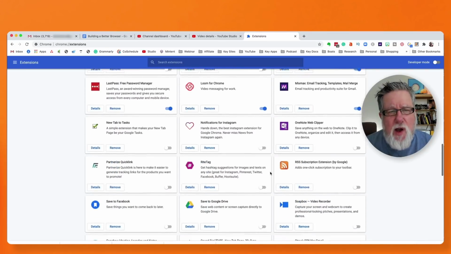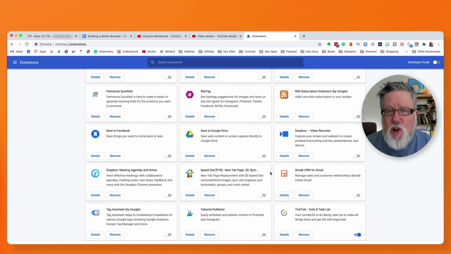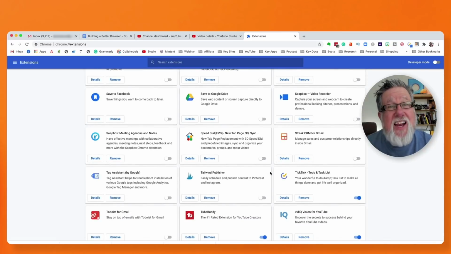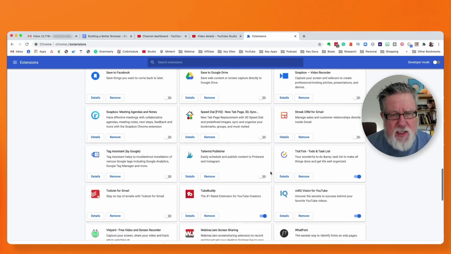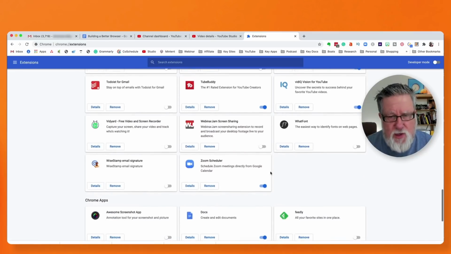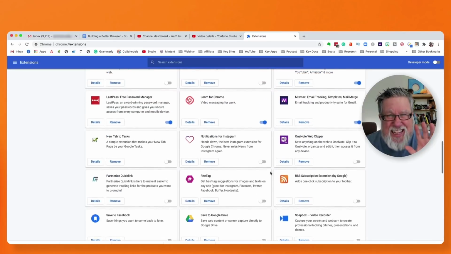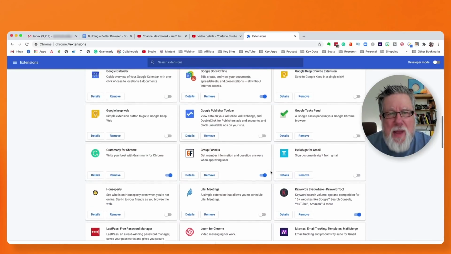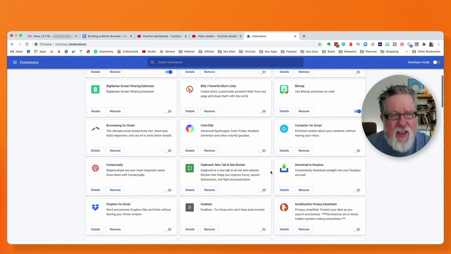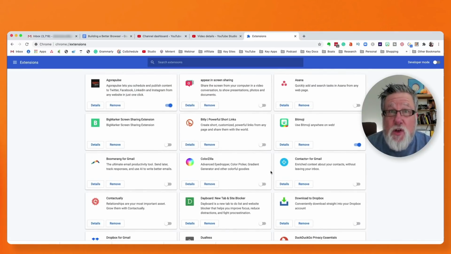The rest of them are turned off, and I've just installed them at different times to test them. And then I haven't removed them because sometimes I need to go back because I'm answering a question that somebody has and I want to enable them for some reason. But this is the library of extensions. This just gives you a sample of how many extensions, how much functionality you can add to your browser.